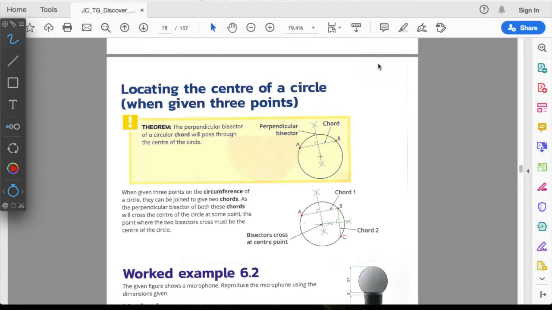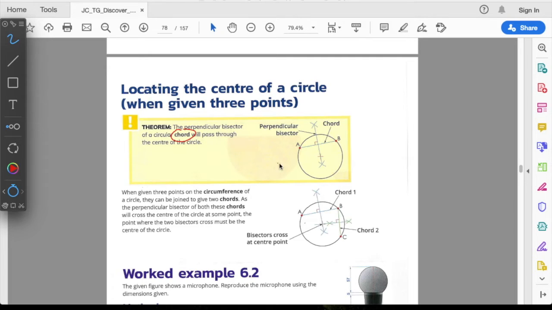In this lesson, we are going to look at locating the center of a circle when you're given 3 points on the circle. Now, the theory that this all comes from is the theorem of using a chord. And that theorem in particular is that the perpendicular bisector of a circular chord will pass through the center